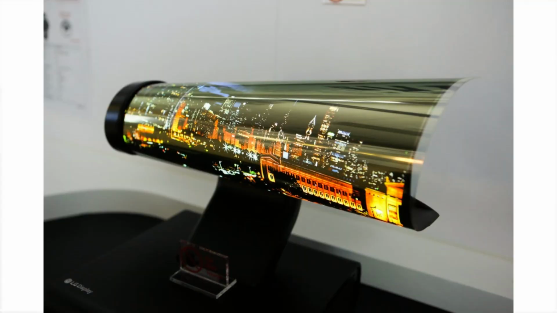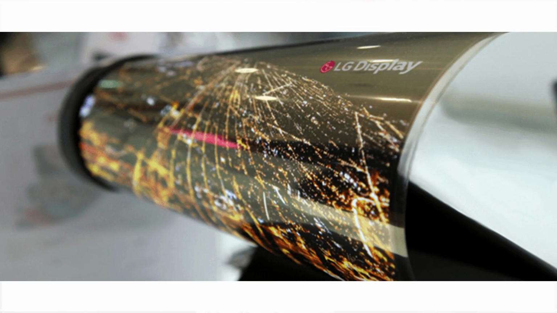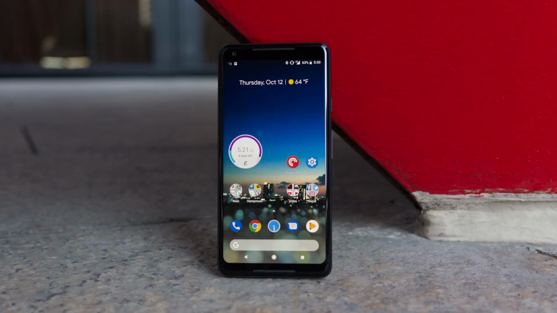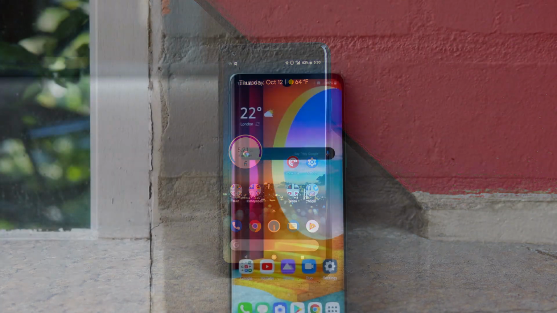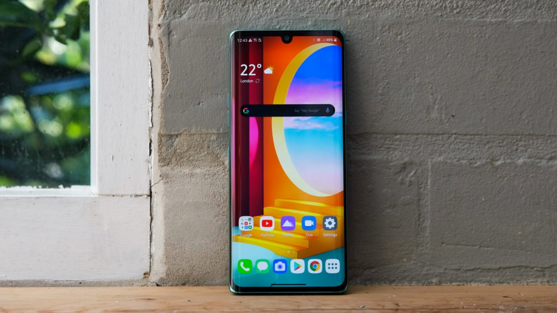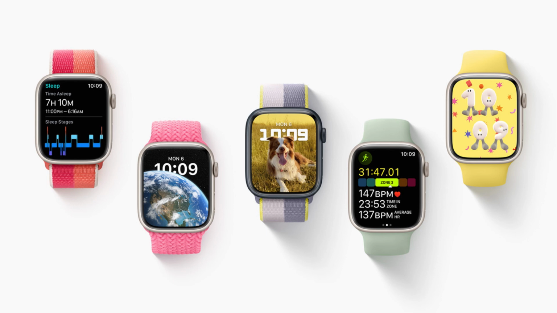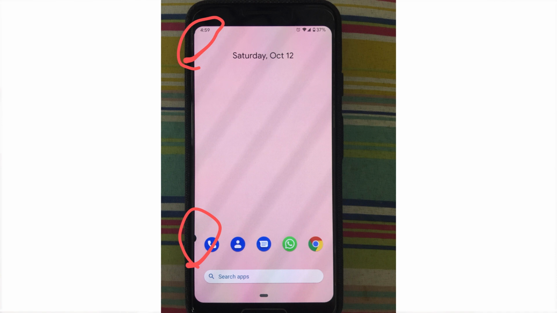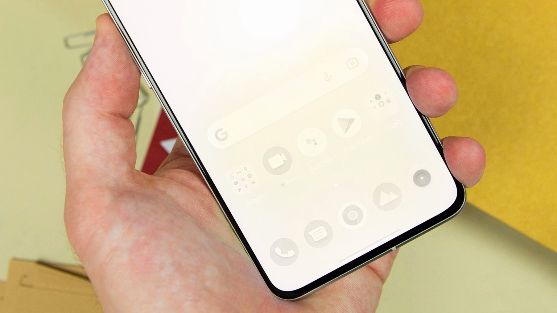Note the difference between POLED and OLED. POLED is the trademark that LG Display uses to brand its plastic OLED displays. It produced this display for a variety of applications and companies. Google used POLED displays on the Google Pixel 2 XL, LG used them on the LG Velvet and several wearables, and Apple reportedly used LG POLED displays on some Apple Watch models. LG's POLED displays seem to suffer from an increased risk of burn-in, as users of the Google Pixel 2 XL complained of burn-in after only a few months of use.